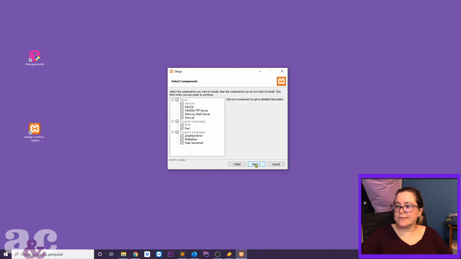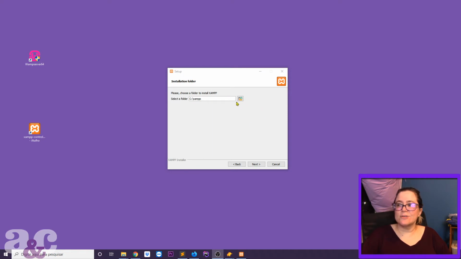Here you click next, then you see everything that's going to be installed. Make sure everything is checked. Great, you see that it's going to install Apache, MySQL, FileZilla, Mercury, Tomcat, PHP, Perl, phpMyAdmin, all the stuff you need, without you having to worry about downloading from this website and that website and all these different places to create a virtual server. Click on next, and this is the detail I wanted to talk to you about,